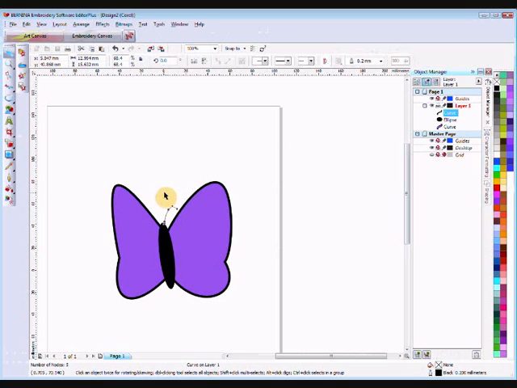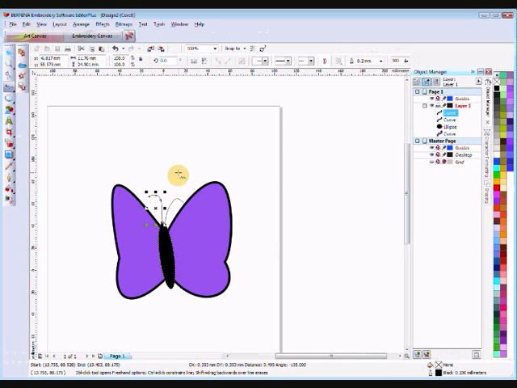Okay, and now I'm going to choose my Freehand tool again, and draw my other antenna. Alright, now I would like both those. I've drawn another line, haven't I? Undo. I would like both those to be